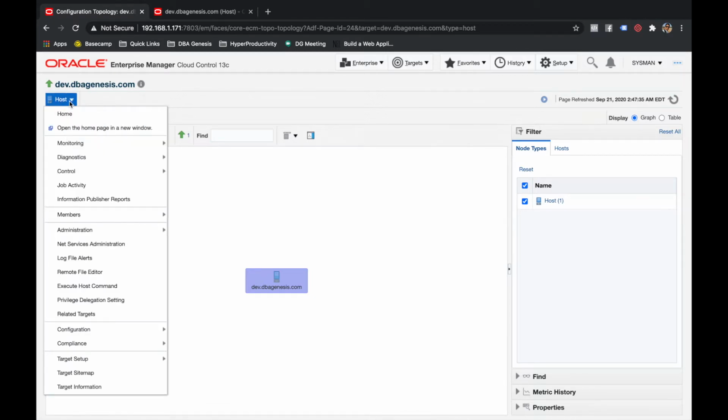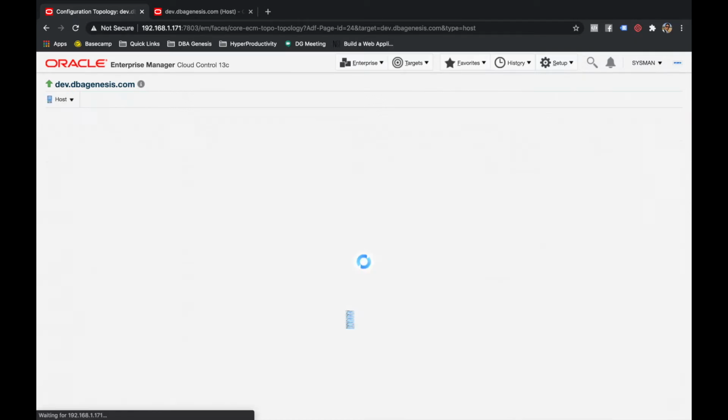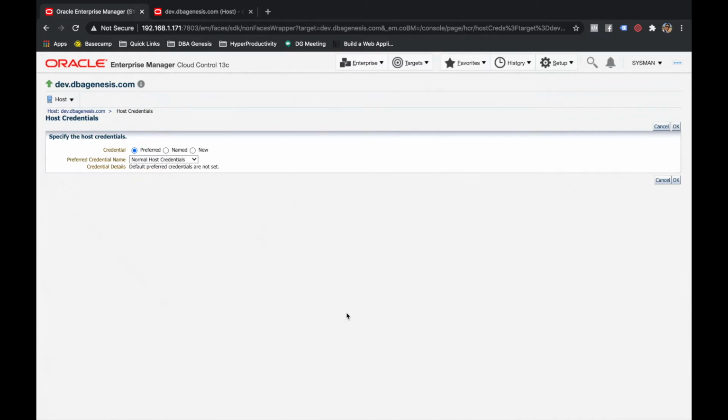So that's done. Next important menu that we have is administration. This is where it becomes interesting. Now see guys, we are not going through all the options. I am walking you through the most important options that you should know. All right. So under administration, if you go to this user and group administration, the beauty is you can actually create a user on the target server, and I'll show you how it's done.